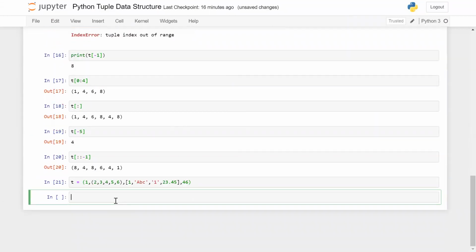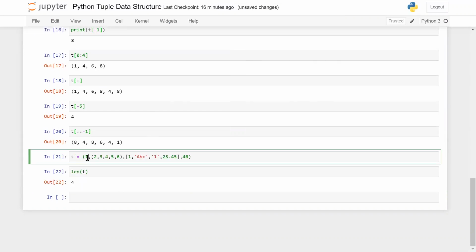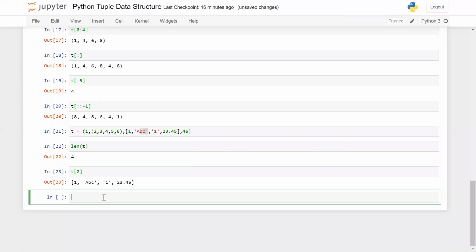This tuple I am going to create here. How can I access this one, ABC? First of all, check how many elements we have in the tuple. There are 4 elements: this is 0, this entire one is 1, and this is 2 and 3. If I want to access the list, I can use t of 2.